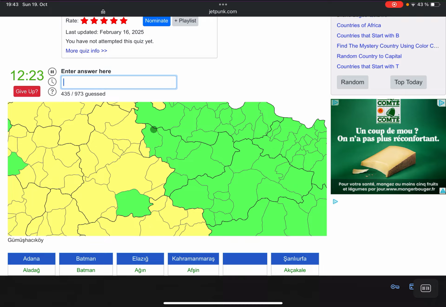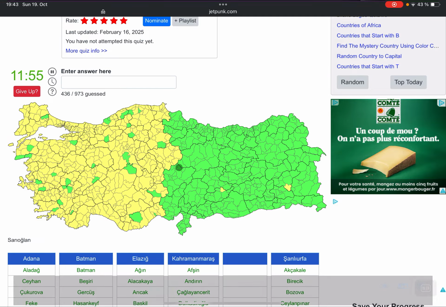This also might be interesting. I think if you translate it to English, Gümüş means silver, Hacı is like a pilgrim, and köy you see quite a lot in these district names as well. It's basically just like village, I think. So this is like, I guess, the village of the silver pilgrims. Then we have Hamamözü, and that makes it for the province of Amasya.